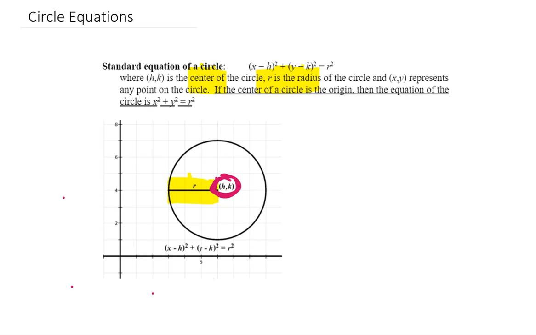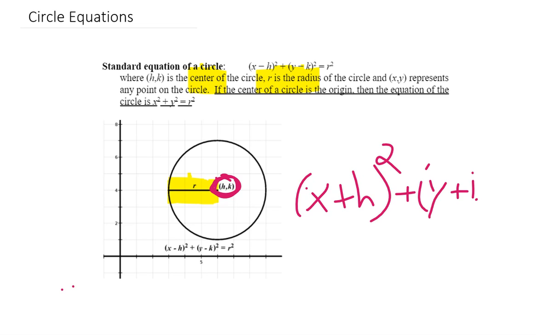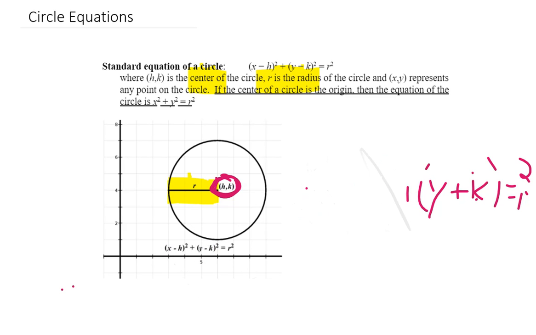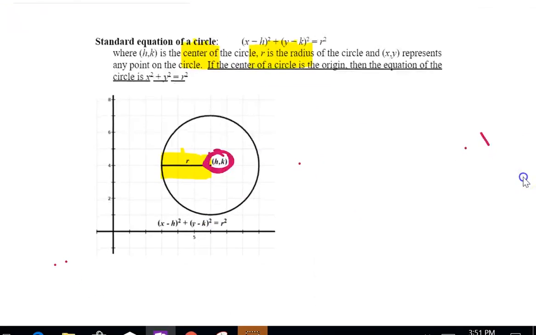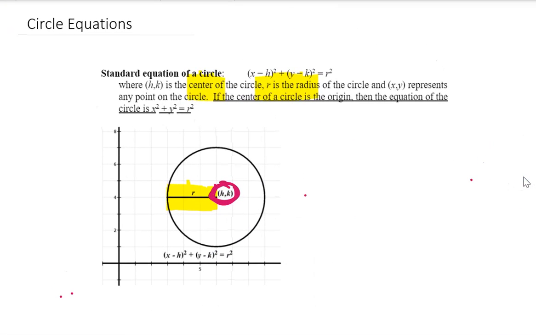So for our first quadrant, you're going to see it's always going to be minus h and minus k. For our third quadrant, where both of my coordinates would be negative, it's actually going to give me a plus h and a plus k. So really when you're talking about your coordinates, you're going to use the opposite operation for your coordinates. And that'll make more sense in a second. So if we dive into some of these problems,